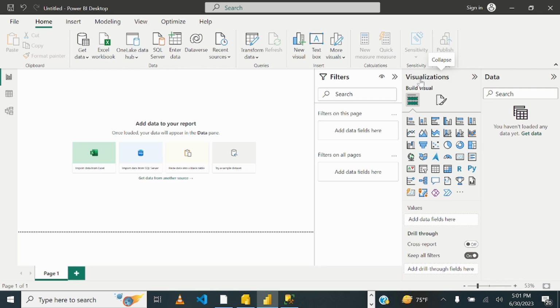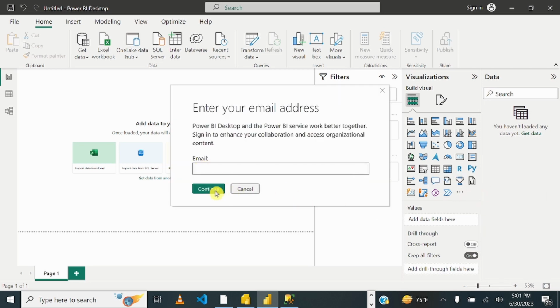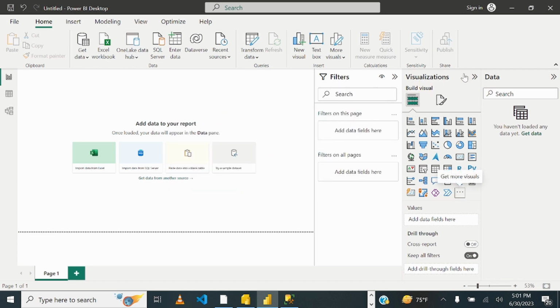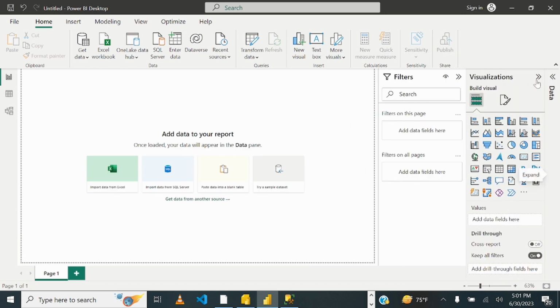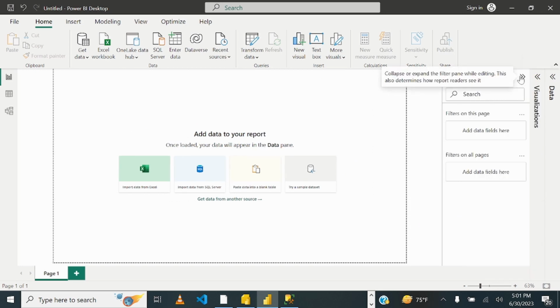On the visualization pane you have the option to get more visuals that are not included here. Some of them are third-party visuals, some of those are paid. So you just click here and click get visuals. Now it's requiring a sign in, but if you sign in you will see all of those visuals and all of that stuff. Okay, that's the quick overview of